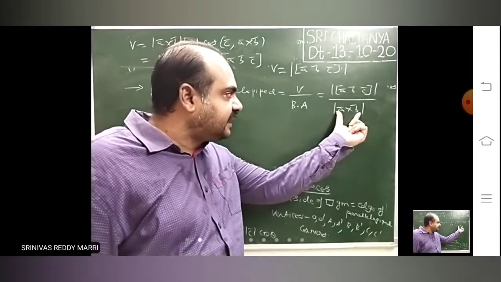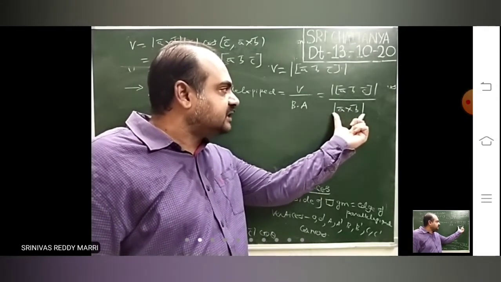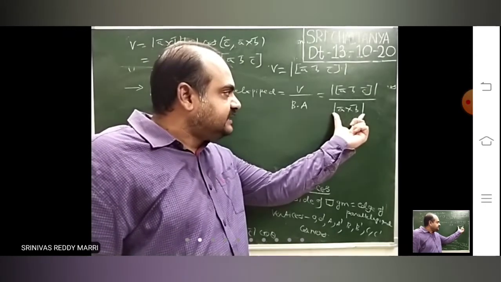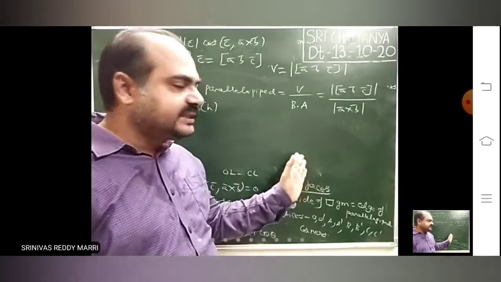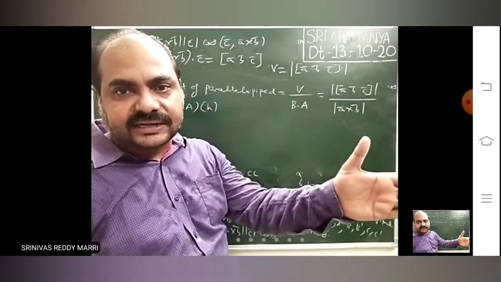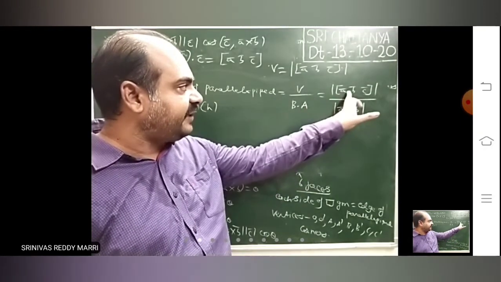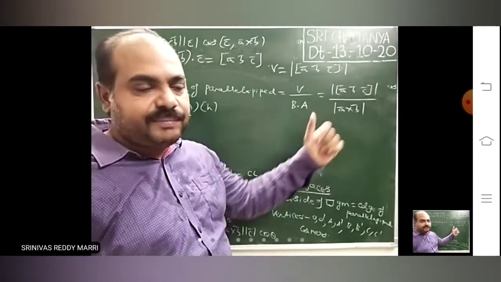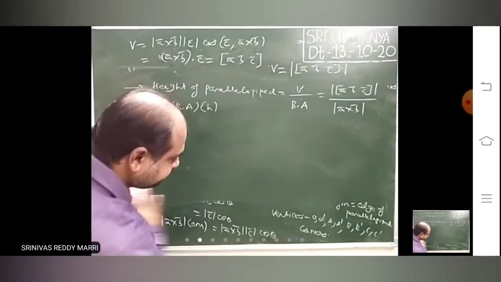If the base is given as B cross C, then you write the modulus of the cross product of the adjacent side vectors of the base. If the base is given, we have taken the base as A bar, B bar. In the question, he will give the base vectors, then take the cross product of the base vectors. Height is nothing but we will find the volume and then divide by modulus A cross B. That is the height of the parallelepiped.